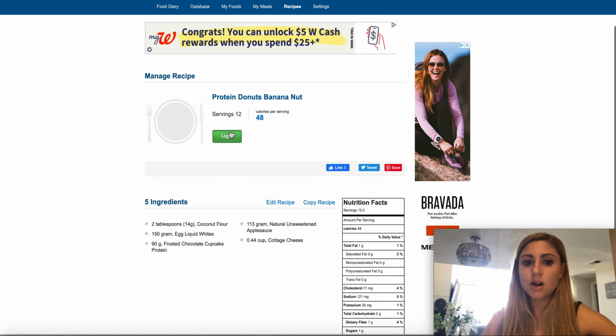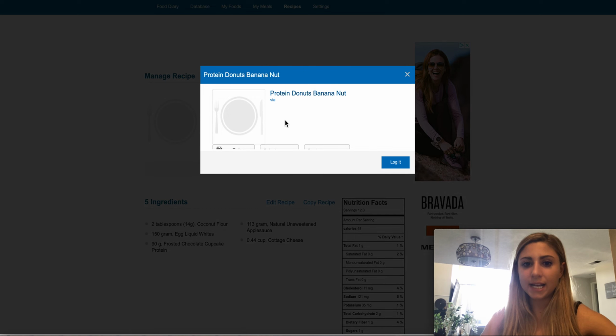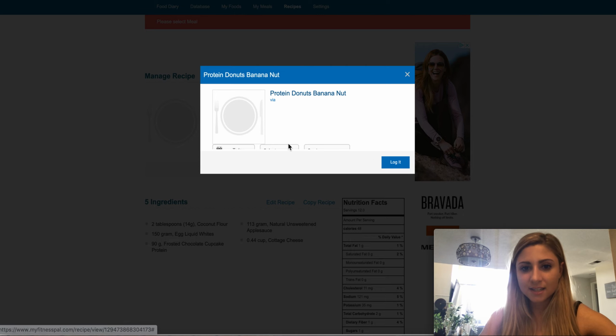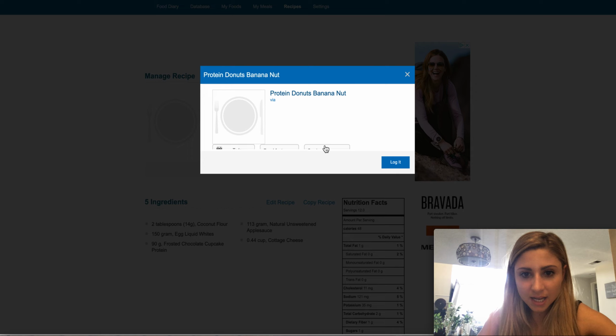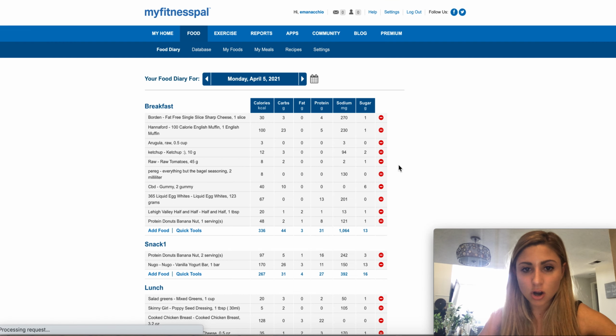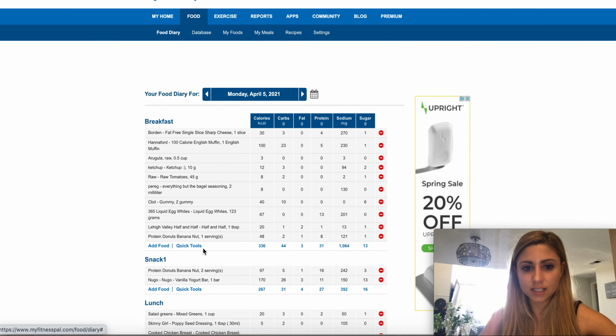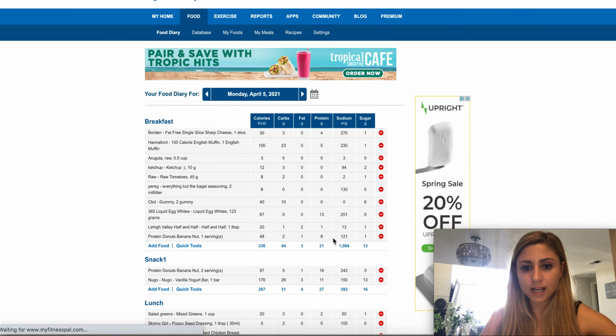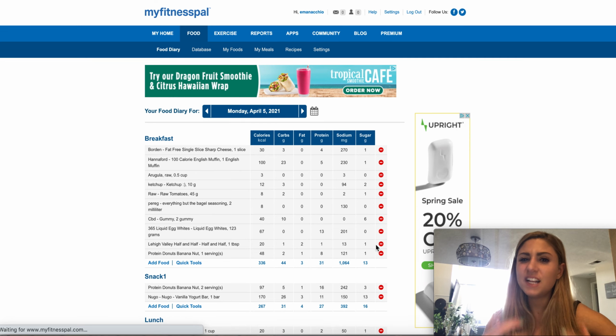So now all I have to do is go and log how many I had. I believe this one is not going to let me show you guys, but let's say I'm adding it to breakfast and I had 1 serving, and then it will log that for you, right? So right here, it's the 1 serving and the 48 calories, and everything is broken down